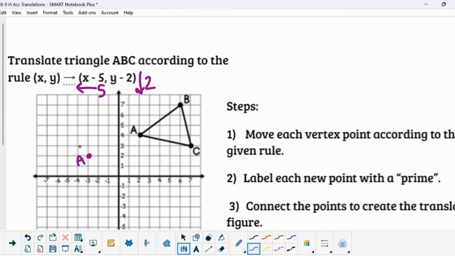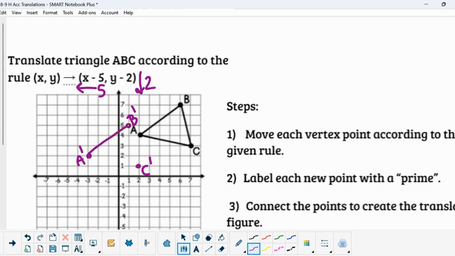You have to put that prime on there. That is detrimental for a transformation to show that's the one you've moved. Do the same with each of them. Left 1, 2, 3, 4, 5, down 2, plot it, call it the same variable with a prime. C goes left 1, 2, 3, 4, 5, down 2, plot it, C prime, and then connect them nice and